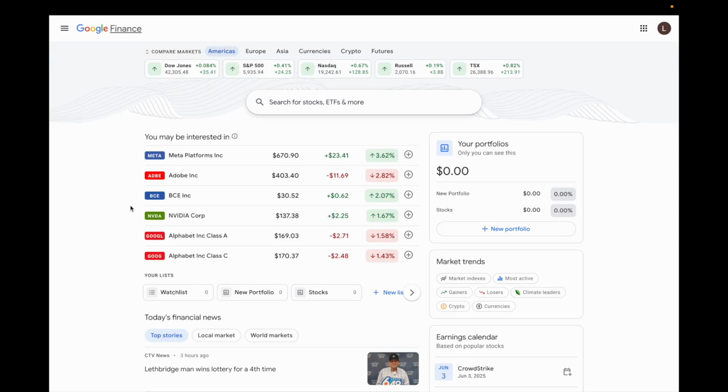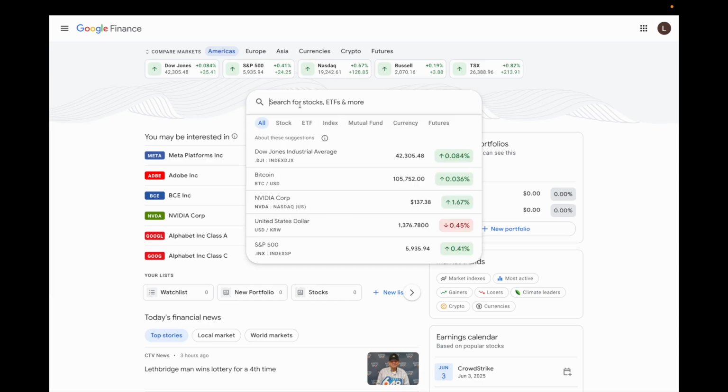So in this Google Finance tutorial video, I'll be showing you guys how to view the annual revenue of a stock or a company here on Google Finance. So once you open Google Finance, what I want you to do is select a stock or a company of your choice. For this demonstration, I'll just type in Netflix as an example right here. Netflix Inc., ticker symbol